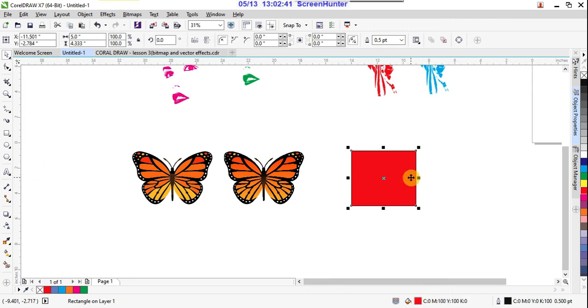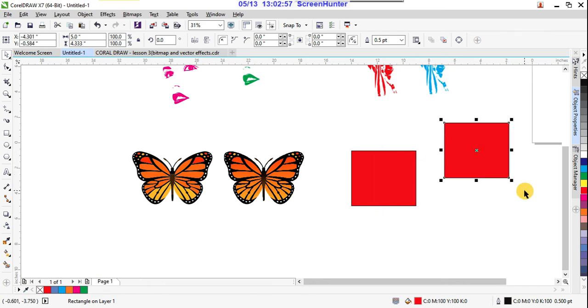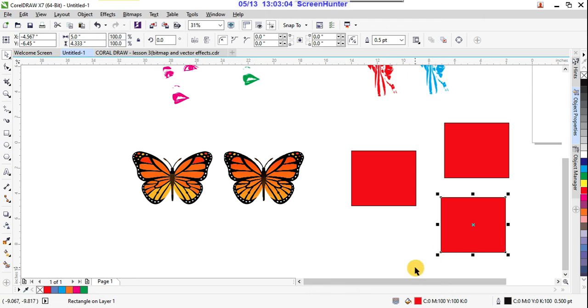Duplicates of the same object, right? But what is the difference between a duplicate and a symbol? Suppose you want to take the same one, what do you do? Control C and Control V, right? So duplicates, or otherwise press plus on the keyboard, and you will get the duplicate. This is one method.